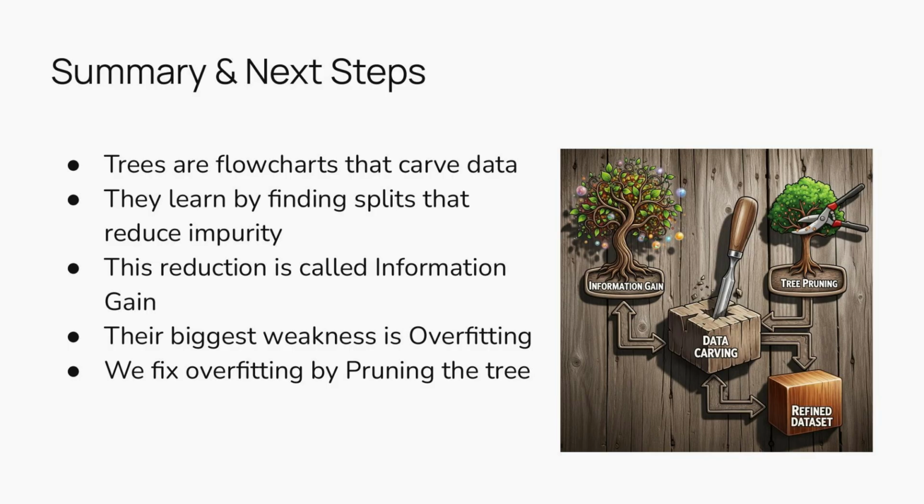This leads us to a fascinating idea. We know one tree is unstable and prone to overfitting. So what if, instead of one perfect tree, we built hundreds of small simple trees and let them vote on the final answer? That, my friends, is called a random